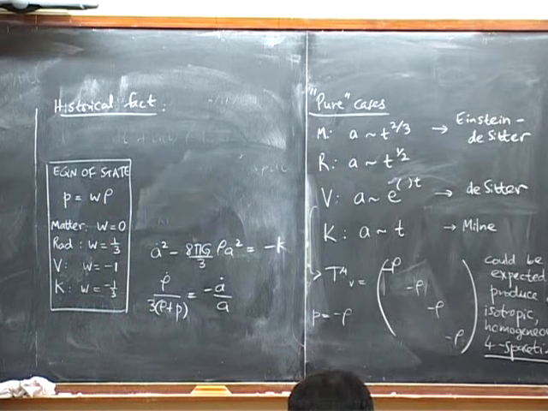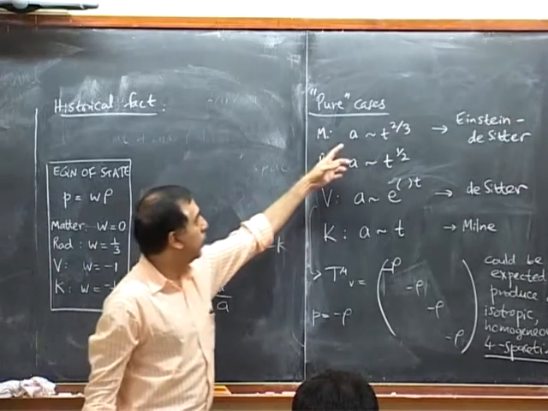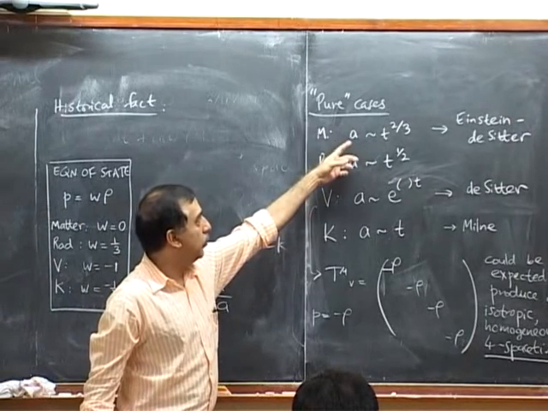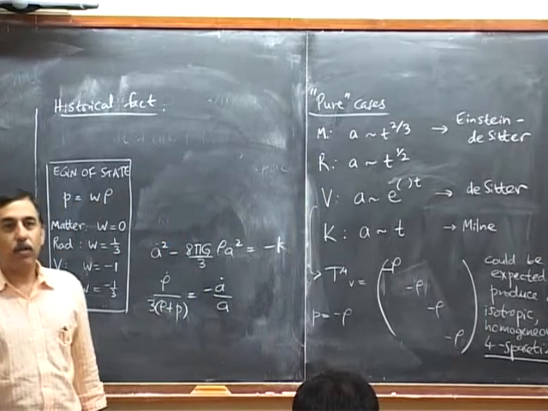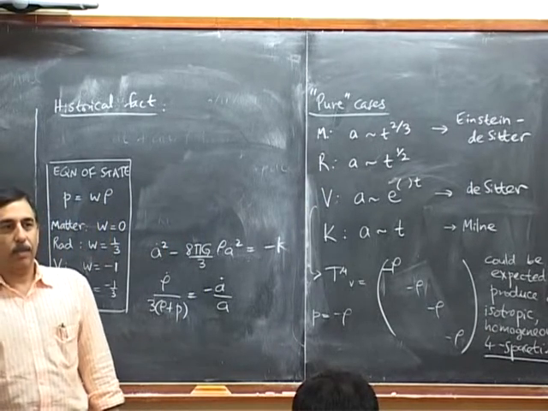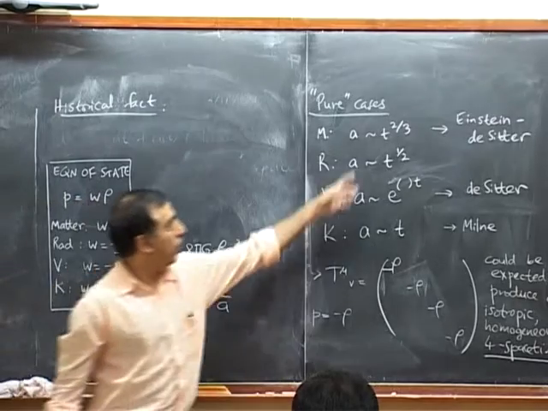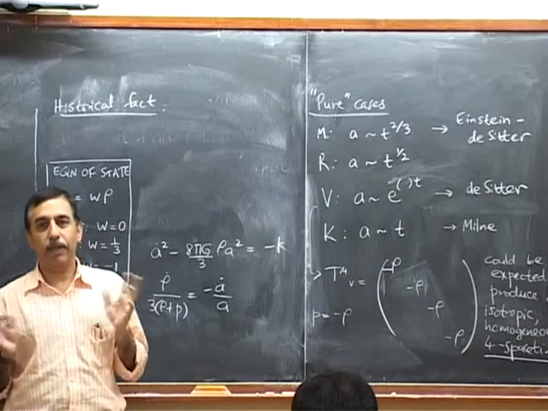Okay. So that's one historical fact. The other is that, supposing you had Einstein-de Sitter, and supposing this had been discovered at a time when the universe was not known to be expanding. It was thought perhaps that the universe is static. Remember that these forms are all dictated by homogeneous and isotropic 3-space.